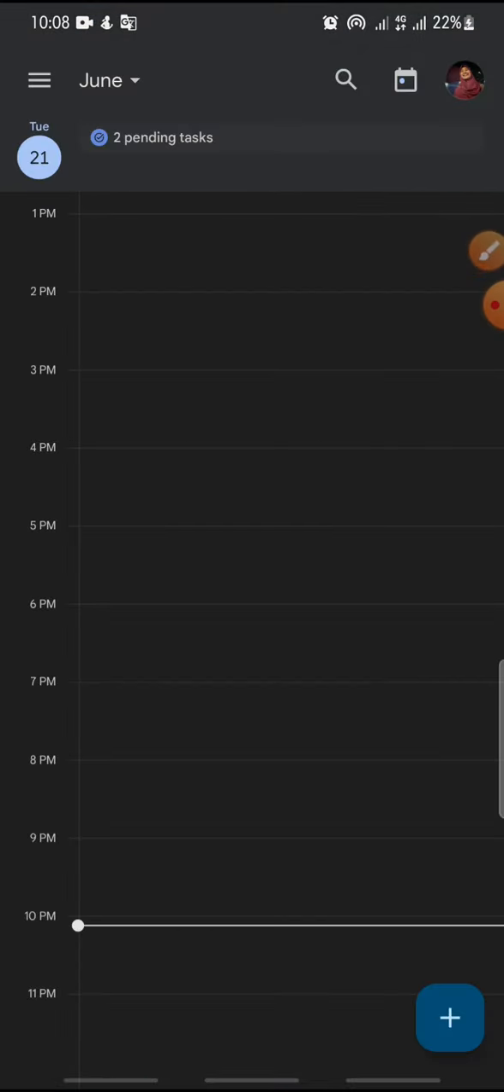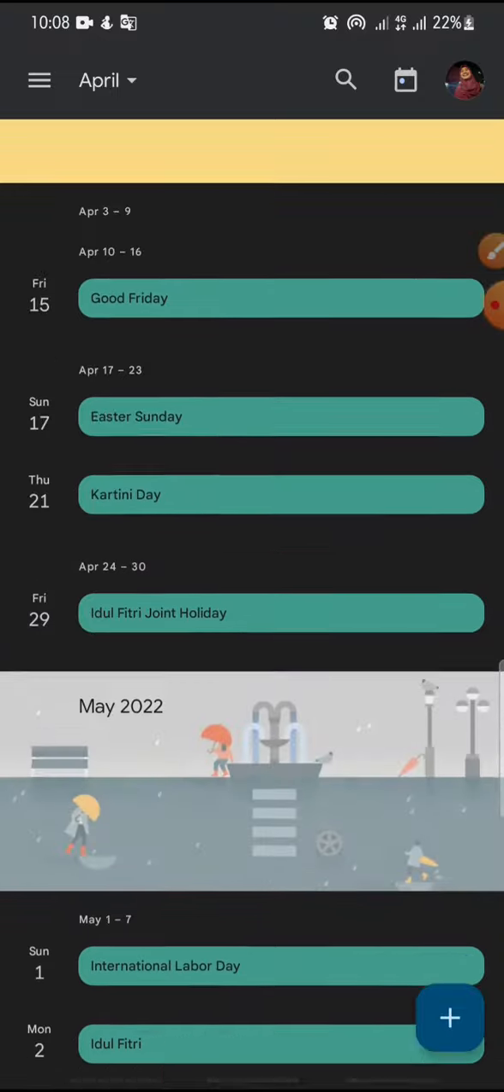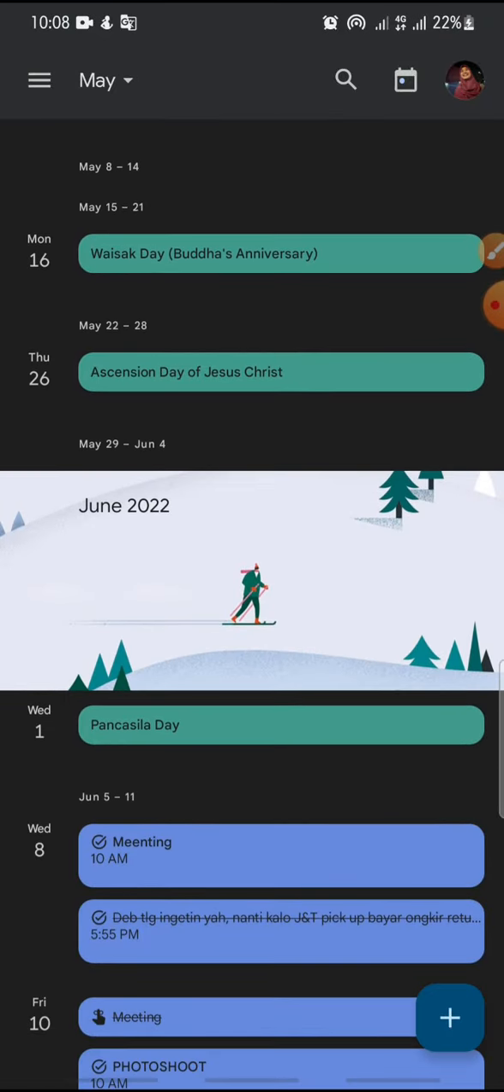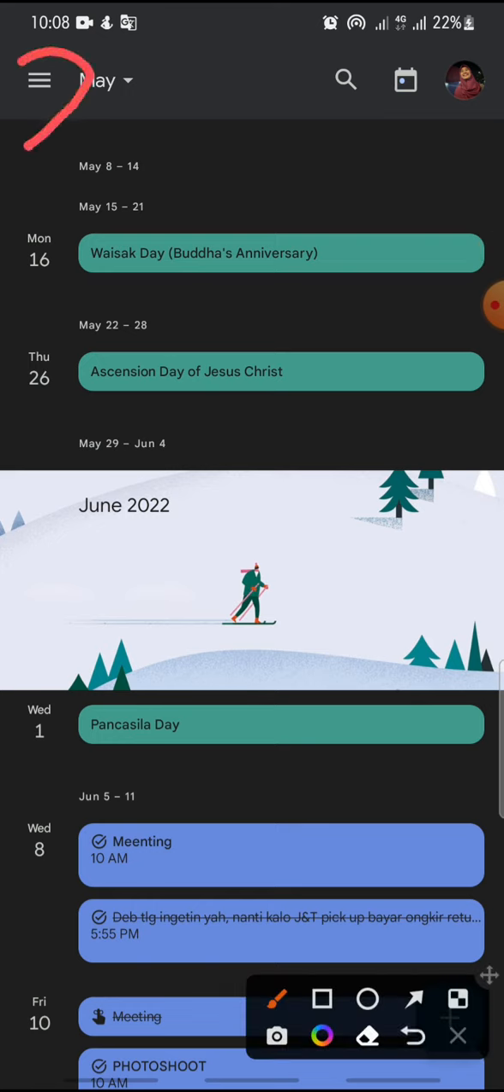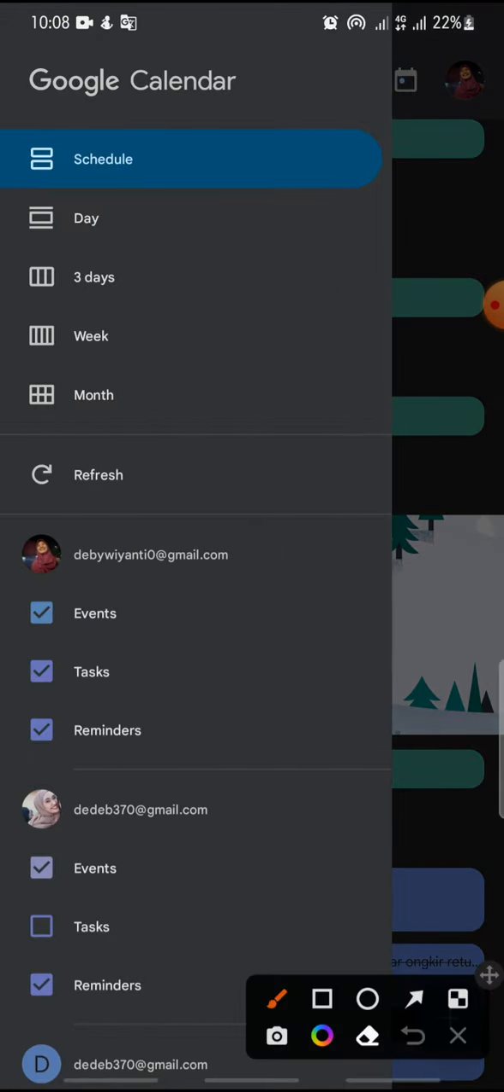and in here you can see the Google Calendar like this. If you wanna set up working hours in Google Calendar, you just click on the three lines icon in here, and then in here you can click on a day,